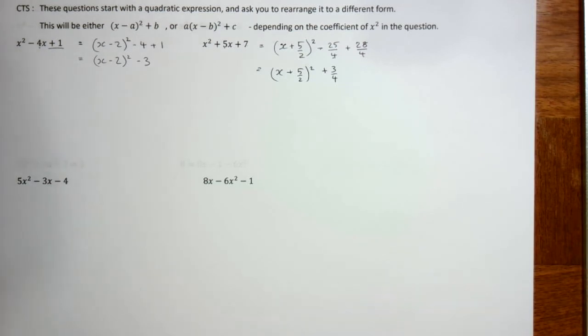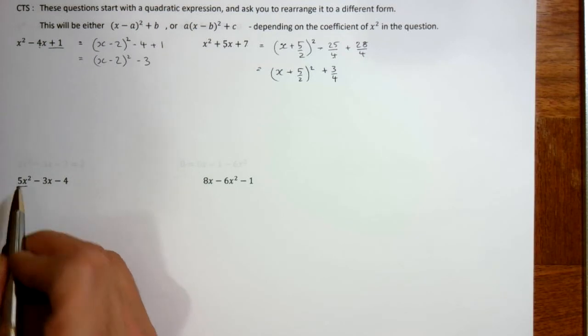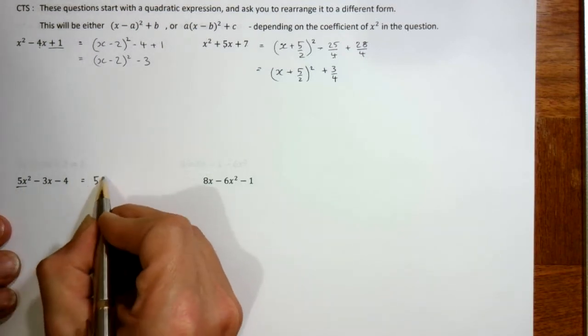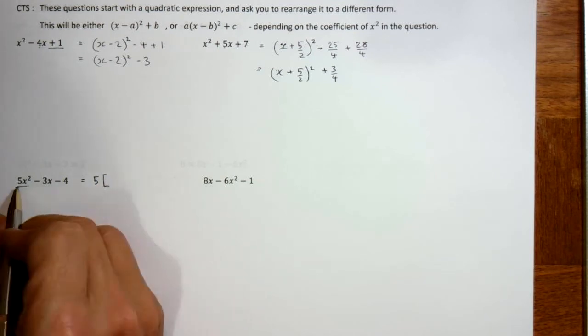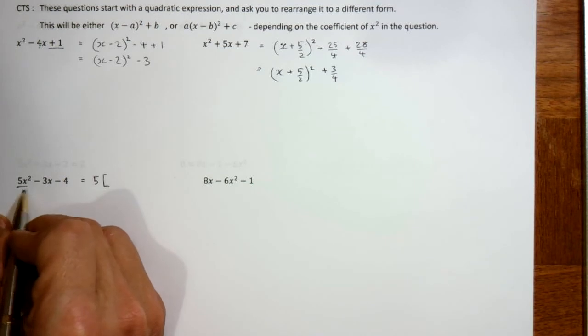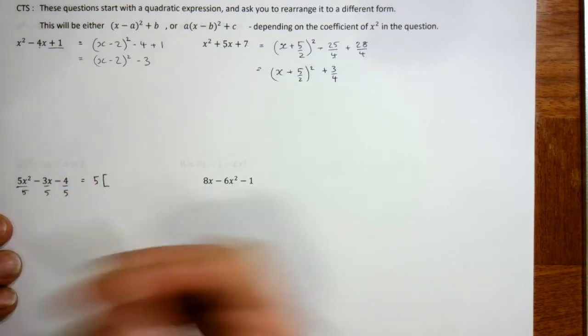6 steps, but nothing hard about them. Okay, one more step when we've got more than 1x squared. And the first thing that we do there is to take 5 out as a factor of all these terms. So we're going to divide all these terms by 5, but then multiply by 5 on the outside of the